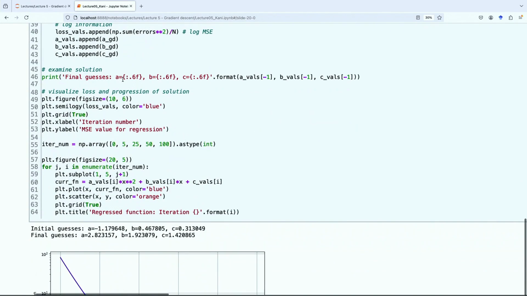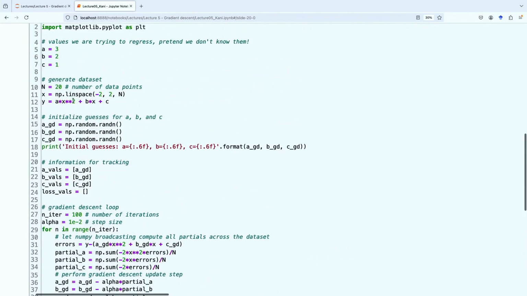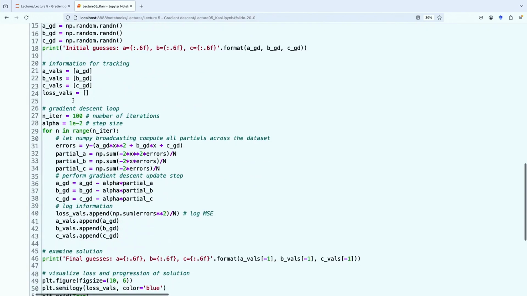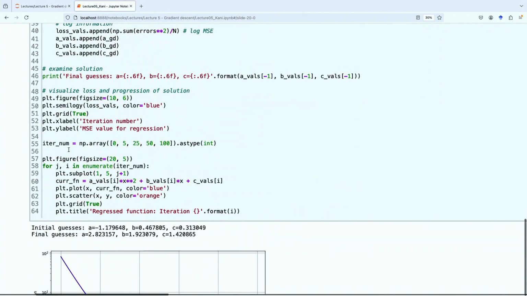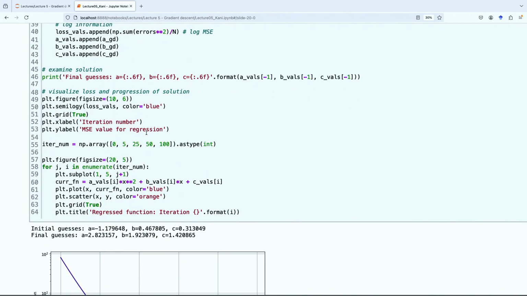And so, after we do this 100 times, after we do this 100 times, we see what the final guess we get is. And if we look at the graph,